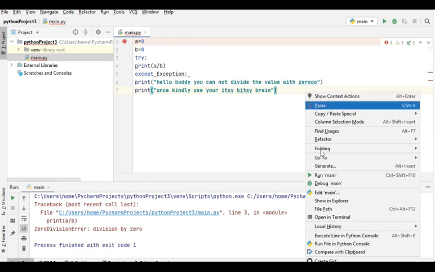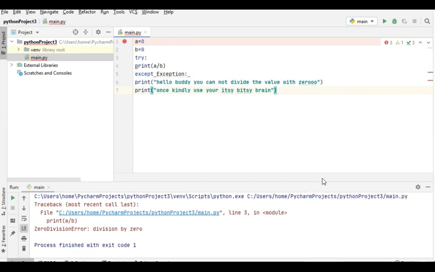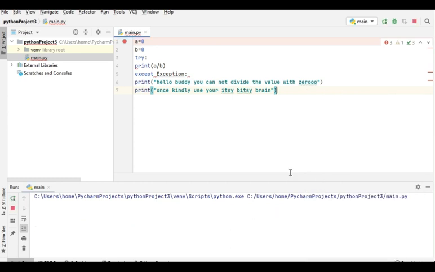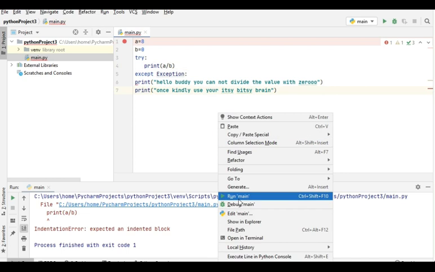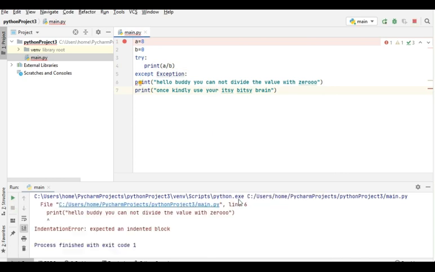Okay, now let's watch. Let's wait for what output we get. Yeah, now let's try to run it.